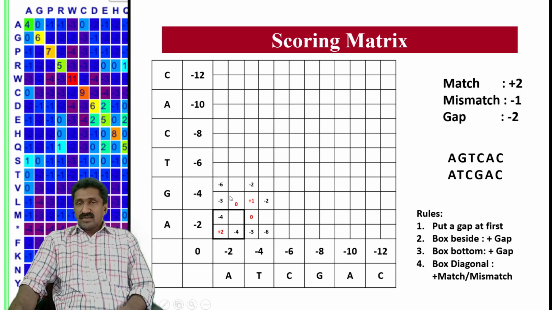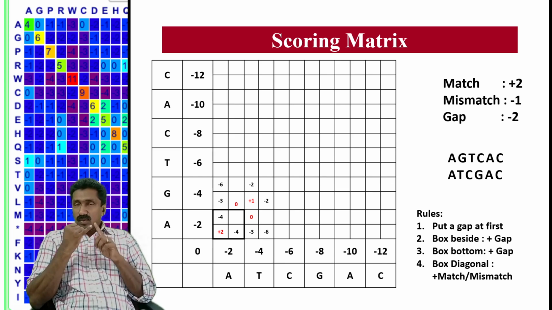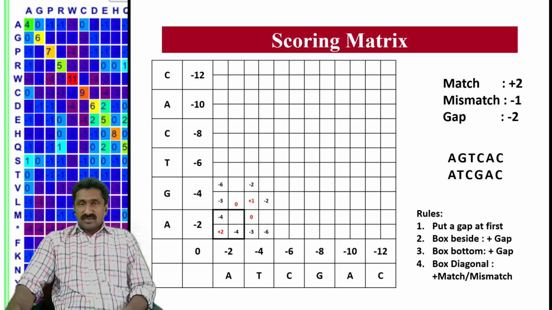And here also we have a mismatch, and if you are moving in this direction, the value of this cell should be added with the gap value of -2, that is +2 -2, that is 0. So we have only three possibilities. One is a match of that sequence. Wherever you are comparing, for example, you can compare any cell with this one.